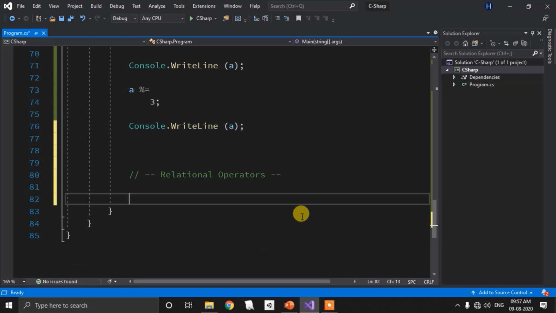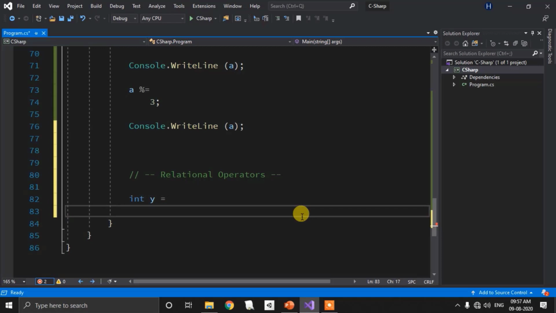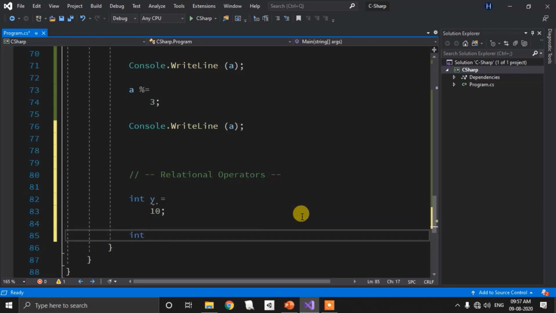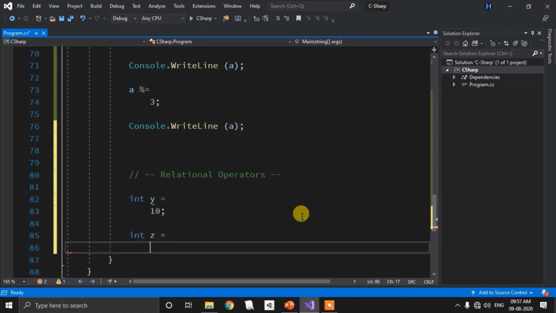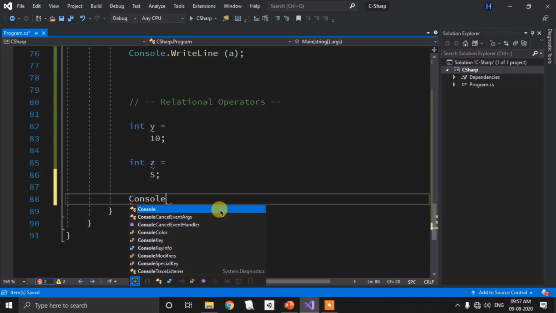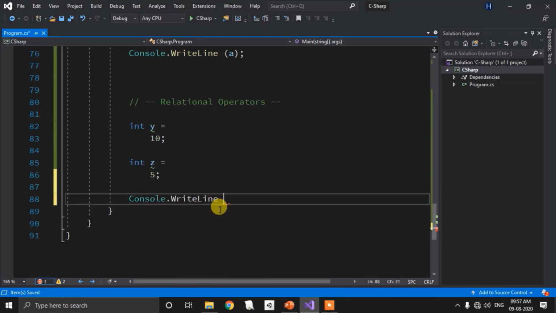Then we need several ints, or just two will be fine. Int y equals 10. Okay, we have int z equals 5. And then we can print out inside of the Console.WriteLine